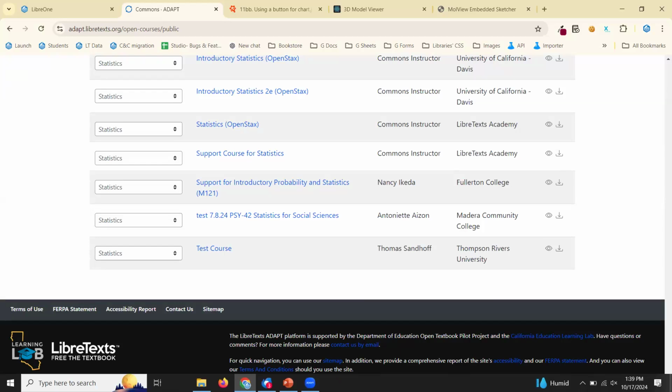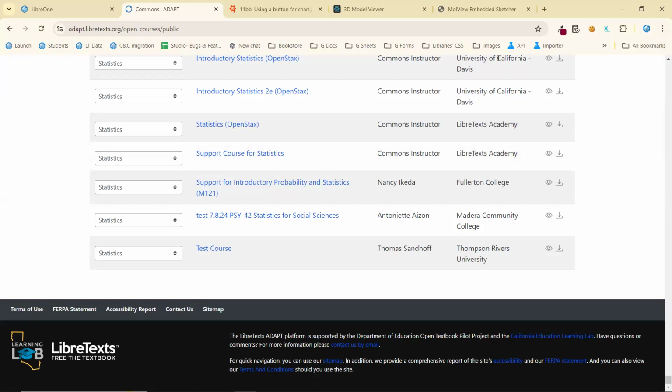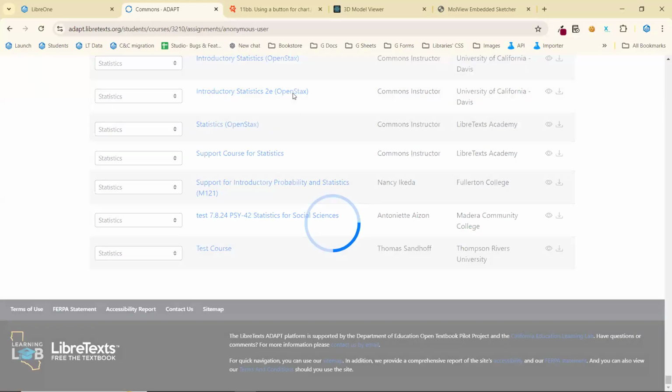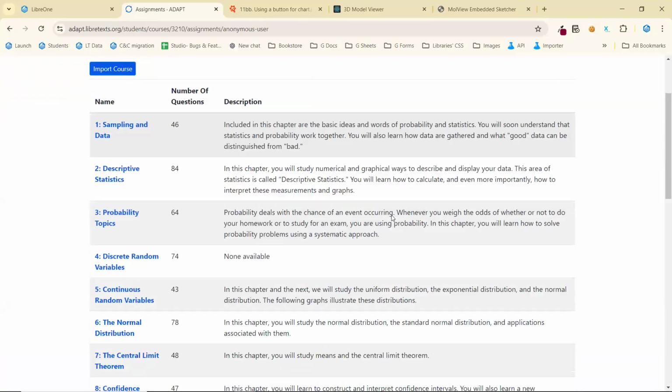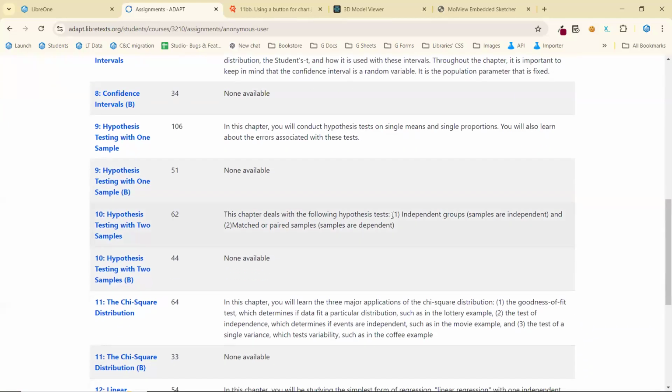So if you find a course that is of particular interest to you, for example, if you're teaching from OpenStax's statistics course, you can come in and take a look at the questions that are put in place here in order to complement that book and then run forward with it. Sometimes courses are aligned to books. Sometimes they're just aligned to the specific instructor at the specific term that they are using that course. But irrespective, it's an organization that gives you an organization of questions beyond just here's a question bank that you can do searches for, whether those searches are keywords or learning objectives or things like that.